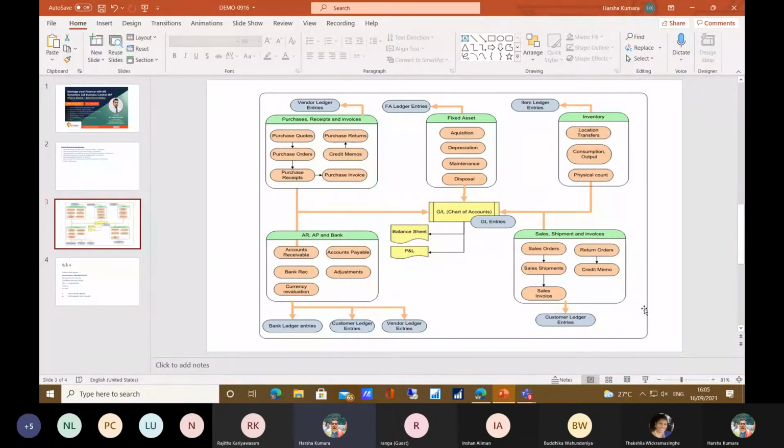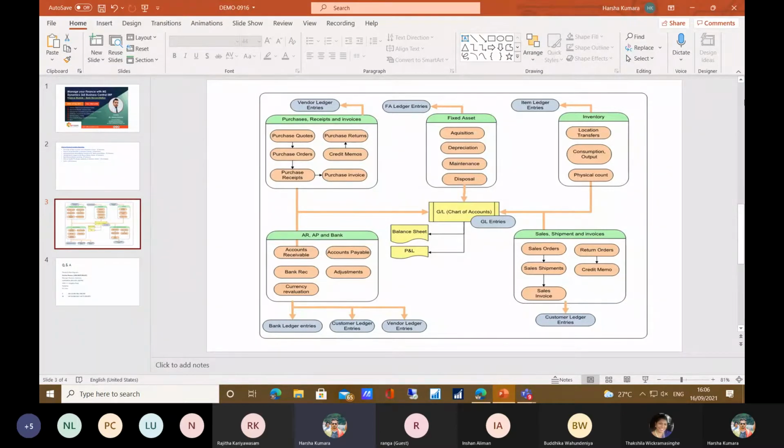We have already discussed AP and AR and the chart of accounts. The bank account side is also a major part, because all the bank account ledger entries, customer ledger entries and vendor ledger entries are interlinked in the back end, but we can see separate modules in the front end.